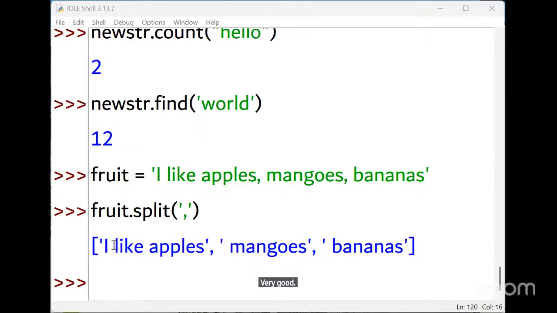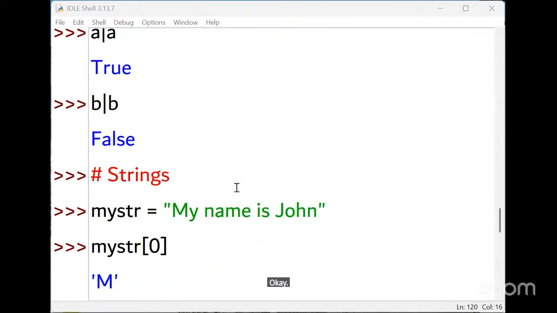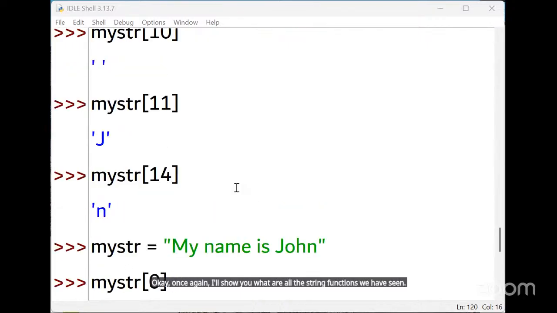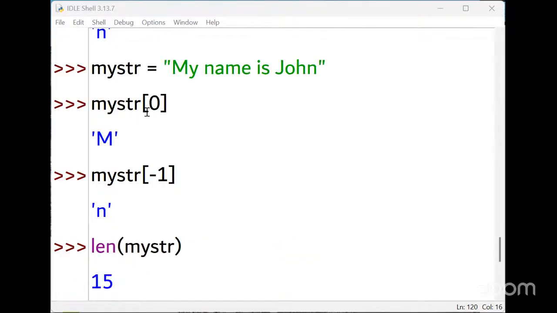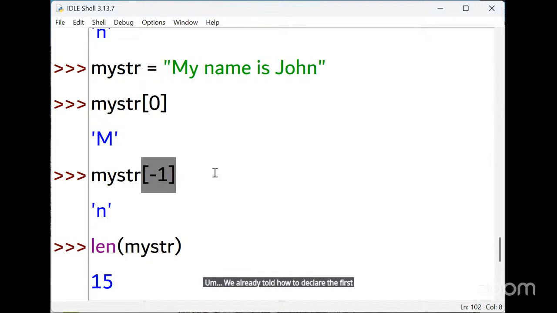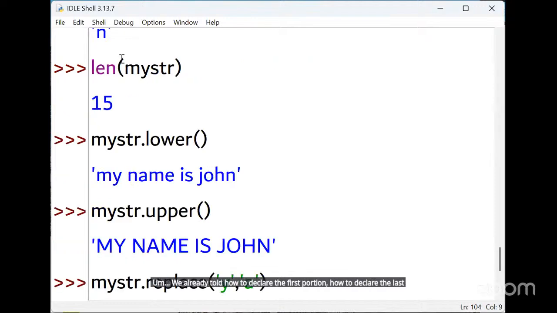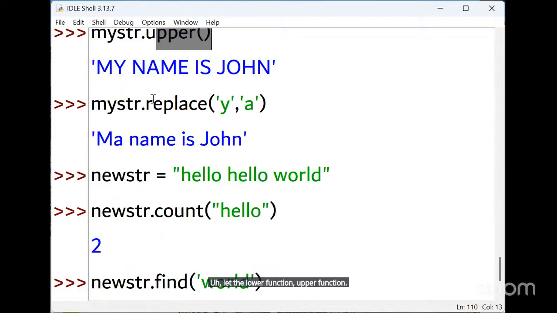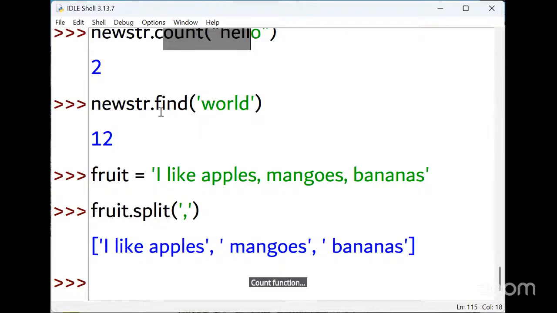I hope you all understand this. Once again, I'll show you what string functions we have seen. We already covered how to access the first position, the last position, length, lower function, upper function, replace function, count function, find function, and split function. So we have seen these many functions.